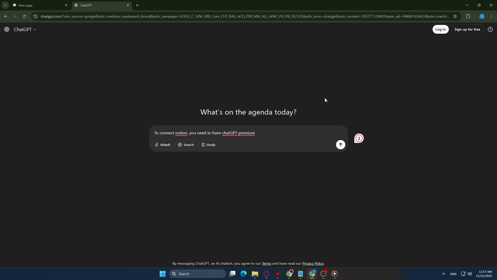If the Work with button isn't visible, ensure your app is up to date or try using ChatGPT in a desktop browser. If a permissions prompt doesn't appear after you select Notion, check for a pop-up blocker in your browser. And if you're part of a team workspace, your admin settings may limit connections, so you might need to request